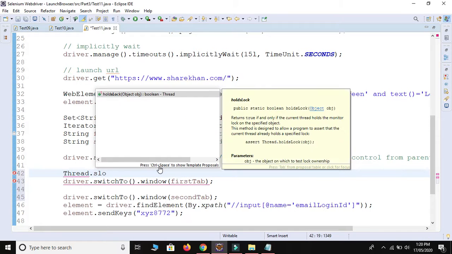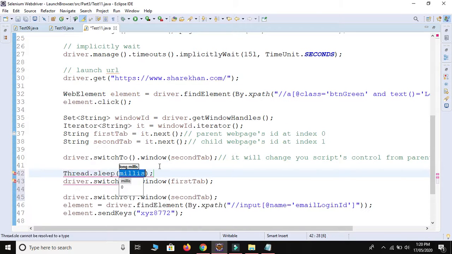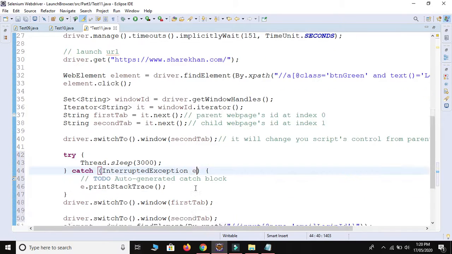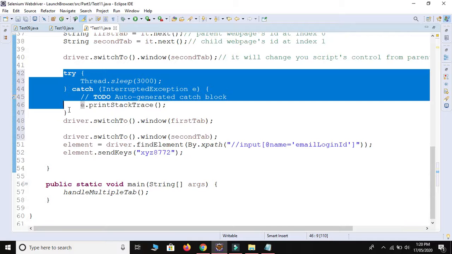Thread.sleep method is there. I will provide 3 seconds. Let me surround it with a try-catch block. This is only for understanding purpose.